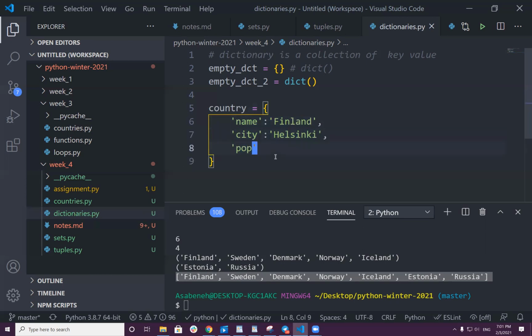And population? It could be, I don't know, 5 million. Or just, let's make it more, 6 million. I don't know if this number is right. I think there's an extra number. Population and language. Okay, language. So I can say Suomi or Finnish,